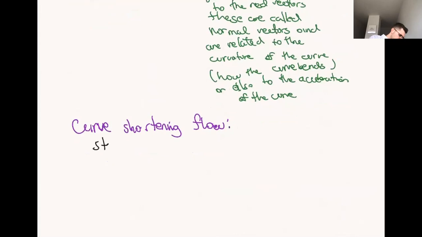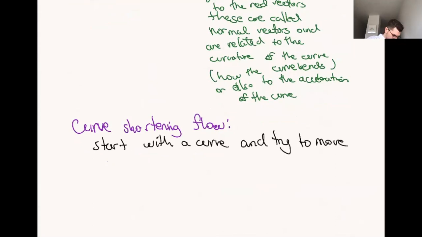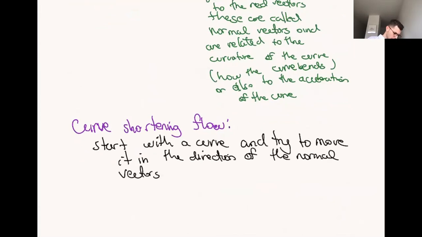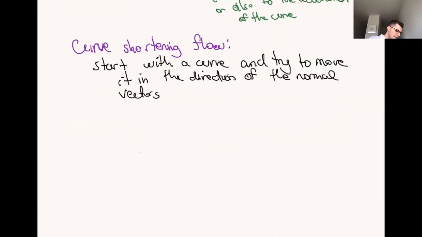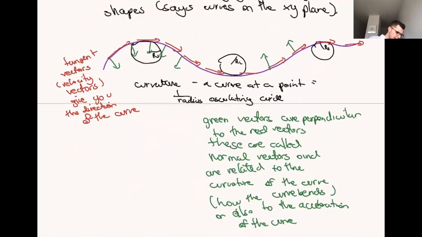You start with the curve and you try to move it in the direction of the normal vectors. By that I mean, for example, imagine you take the circle. The circle is a nice example because in that case